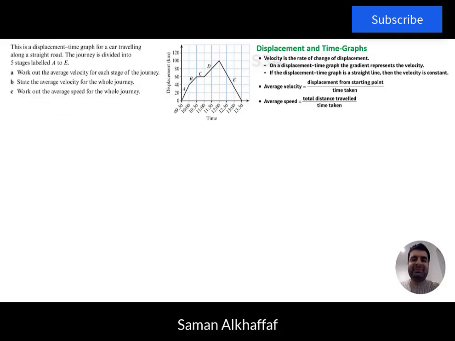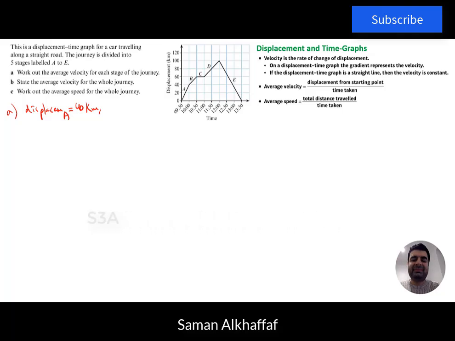road. The journey is divided into 5 stages, labeled from A to E. For part A, work out the average velocity for each stage of the journey. So for part A, we look at the displacement for A, that will be 40 kilometers,